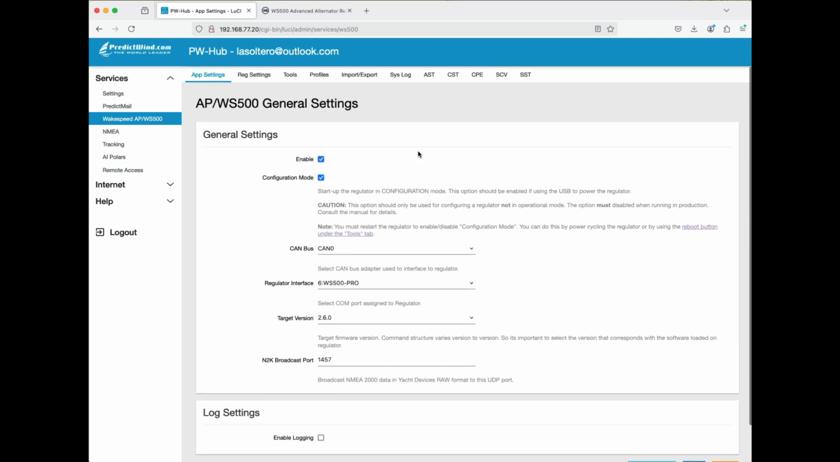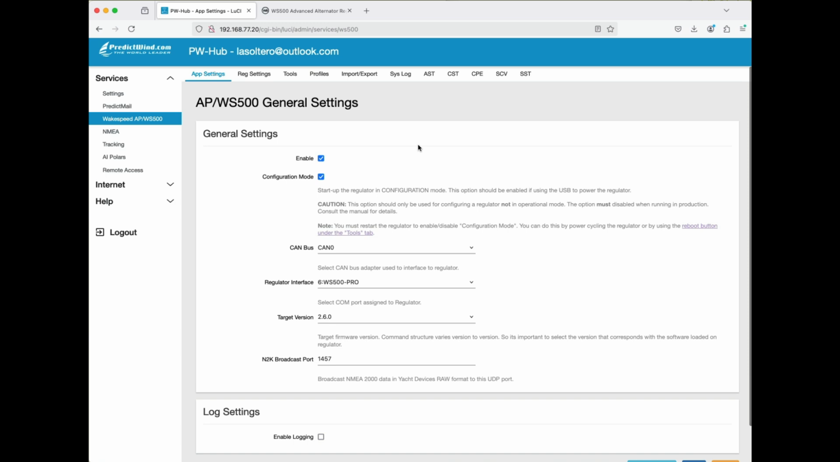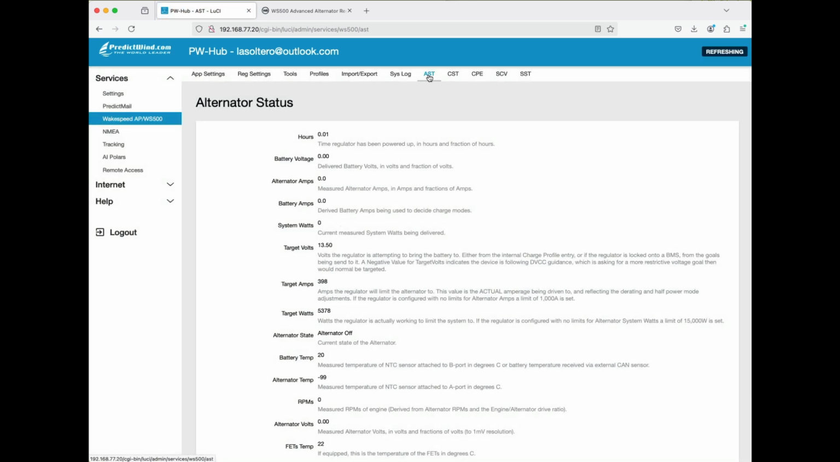All right. So we're now communicating with the Wakespeed. Now you have several tabs along the top here. They control different things, and we'll be going over some of these. But the ones starting here with AST, CST, CPE, SCV, and SST are status tabs, and they correspond to the status of the unit. For example, the AST tab will tell you the current running status